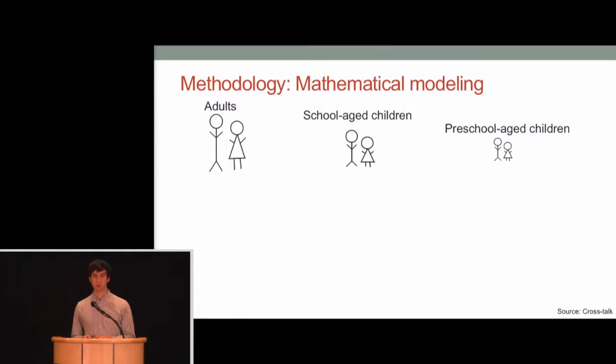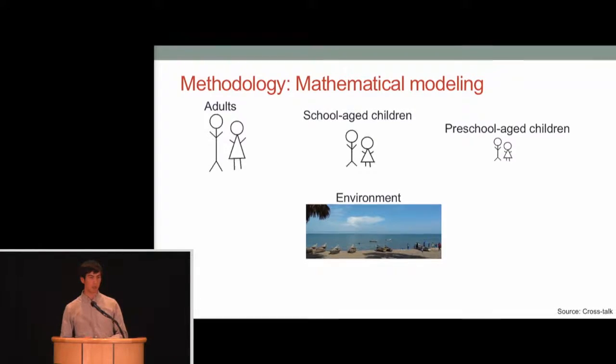Now, to give a description of this transmission model, we basically take a population and parse it out into relevant age groups or demographic groups. In this case, we choose these age groups based on targeting. We then model the environment and show how they interact together.